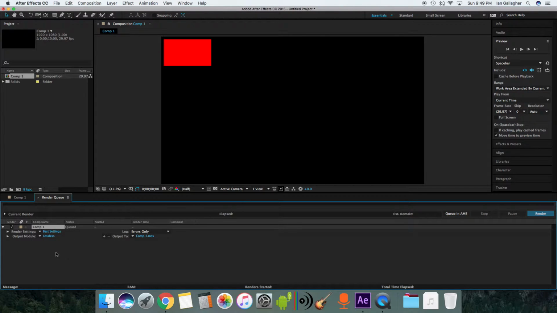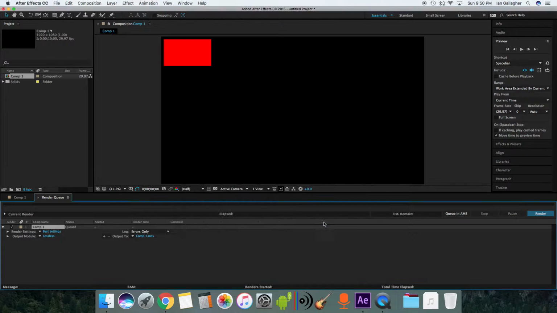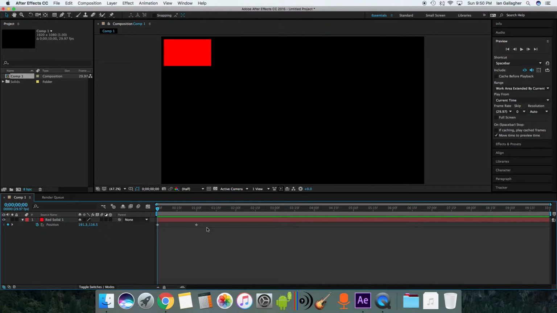So a couple things that are different is usually folks will do the drop-down boxes, but actually what you have to do on After Effects is click the text. So right here under Render Settings, if I click that blue text, it'll pop up a window to ask, and you want to make sure that your time span is work area only or length of comp. In this example, my composition is 10 seconds long, but I could make it just